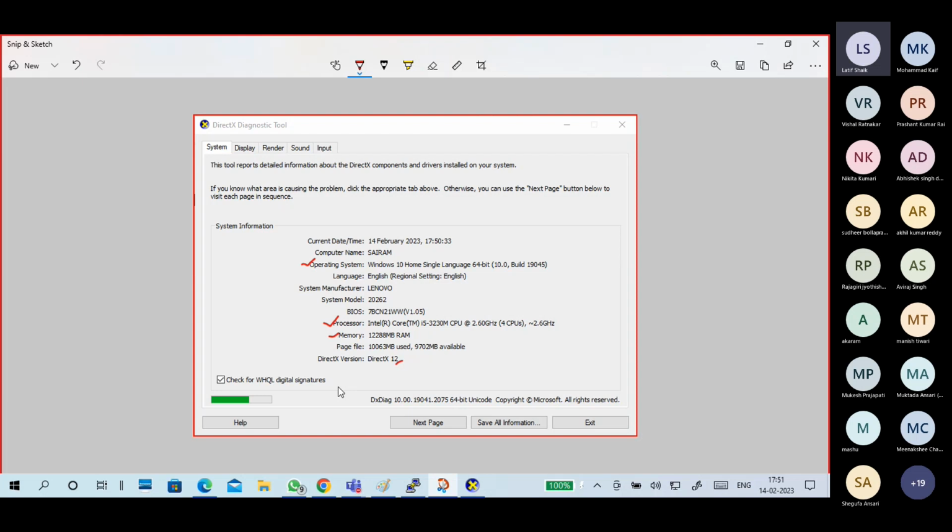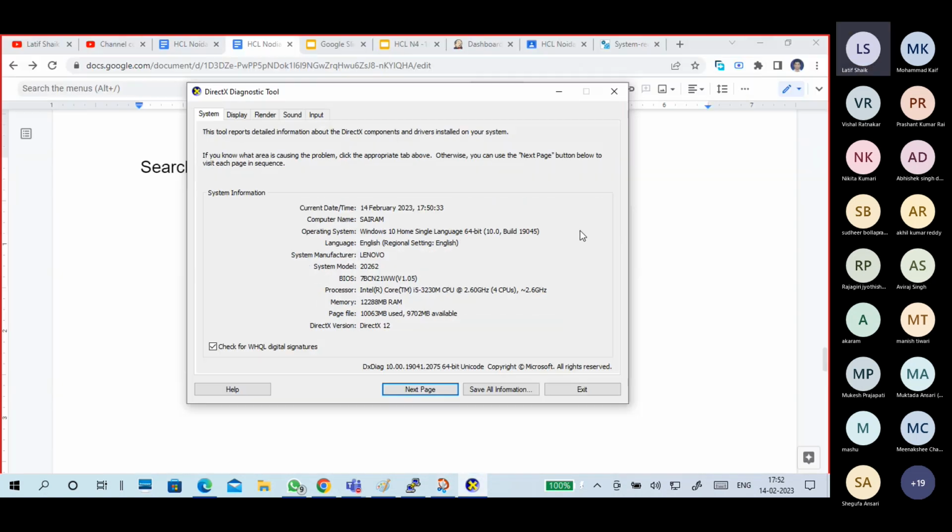It will ask what is your DirectX version. Okay, so it's compatible with this particular DirectX version, like that. So now you know how to check DirectX version also. Your CPU, your memory, and operating system we are getting from here. Of course, host name also, that's a different point.